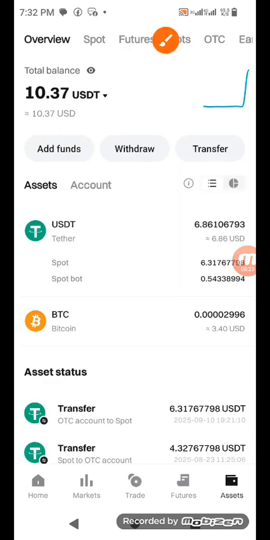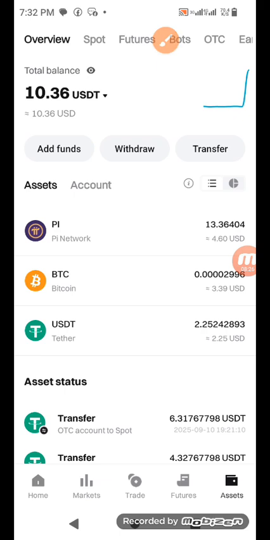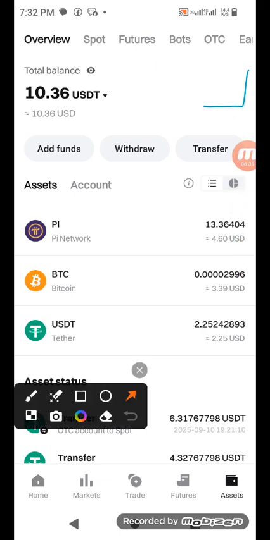Now let's go back to assets. If you go back to assets, in my assets now, see the coins I have. No longer just BTC and USDT. I now have Pi worth 4.60 on my board, and the USDT 2.25. You understand it? So you see how I've created it. I can put my money in different assets. And this is how trading works, because you think that this particular Pi I buy now may increase in price. So let me buy it now, and when it increases in price, I sell it back to USDT. I made that money. When the price drops down, that is what trading is all about.